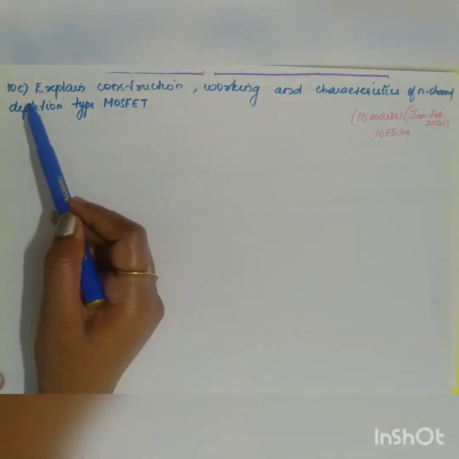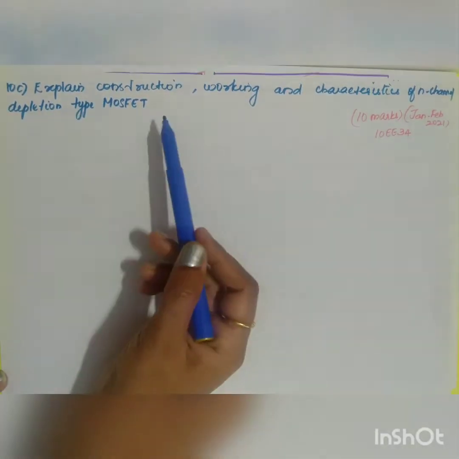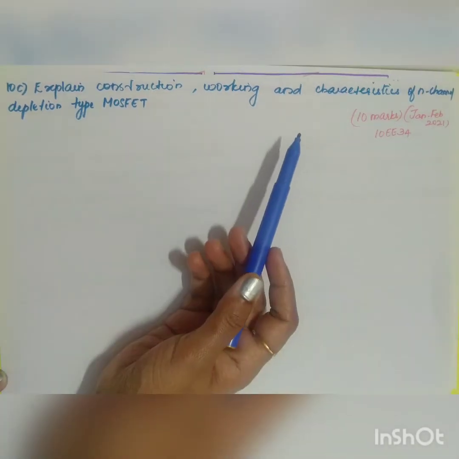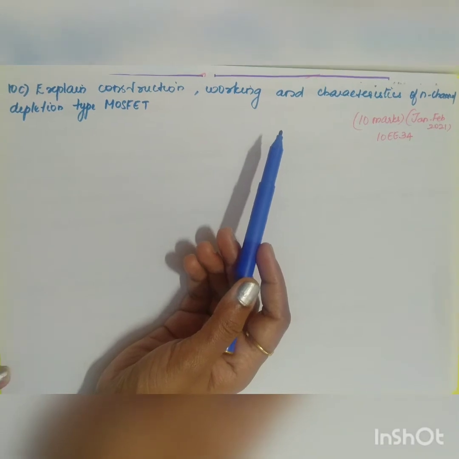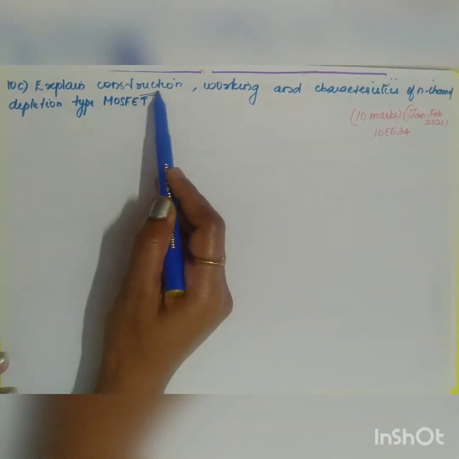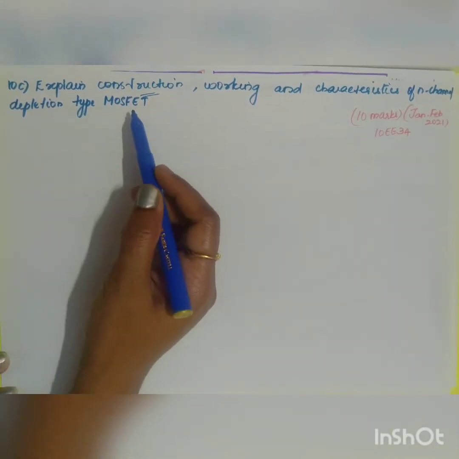Your next question is 10th question C part. Explain the construction, working and characteristics of N-channel depletion type MOSFET. It is asked for 10 marks from January, February 2021. Okay. So first let us start with the construction of the N-channel depletion type MOSFET, metal oxide semiconductor